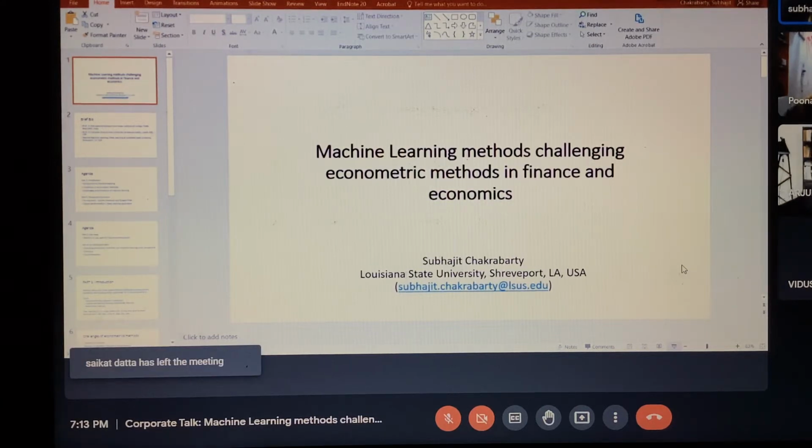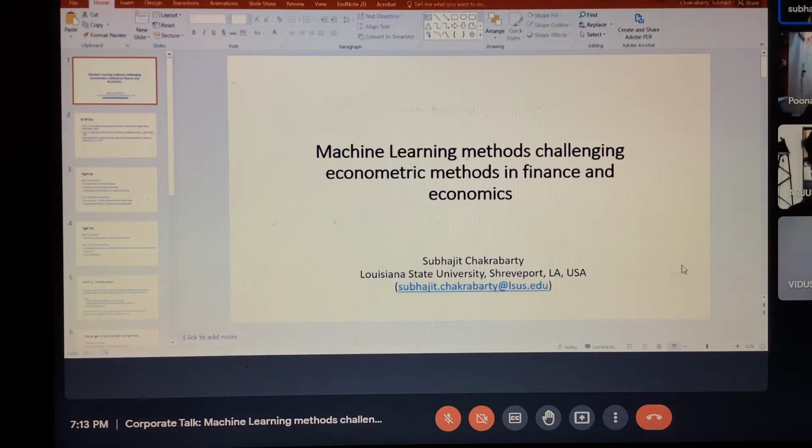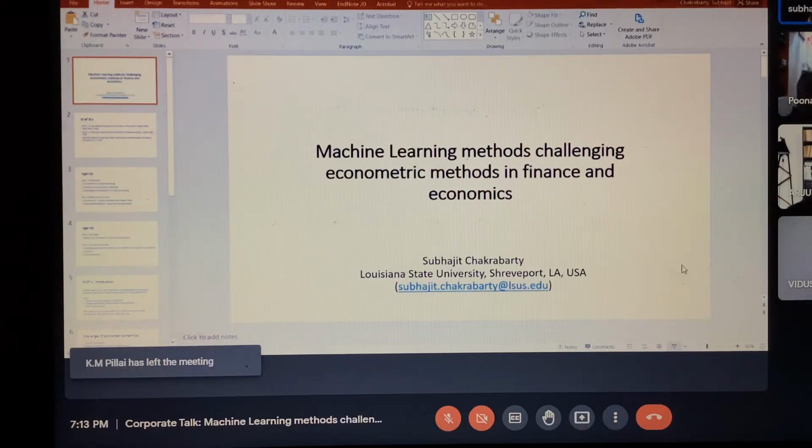One is supervised learning. This you already know because you do regression and classification. The broad difference is that in classification you have categories like dogs versus cats, rich versus poor, or something like that, and you classify them into some categories. These are called supervised because they have labels. You know what is rich, what is poor, what is dog, what is cat.